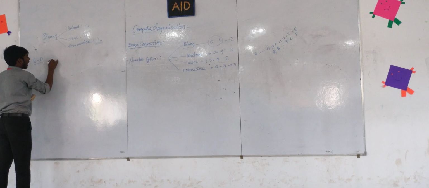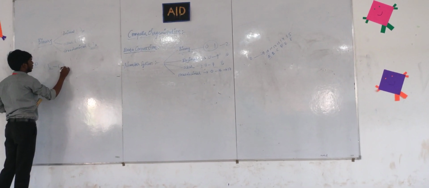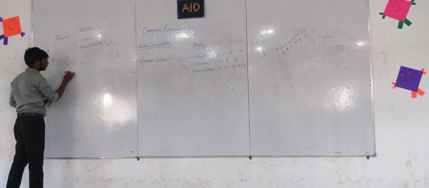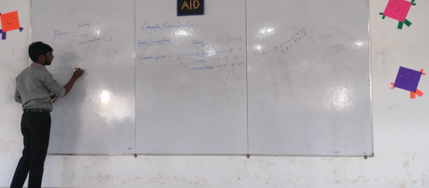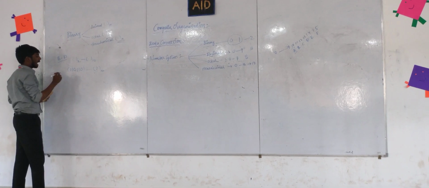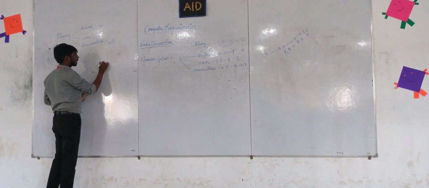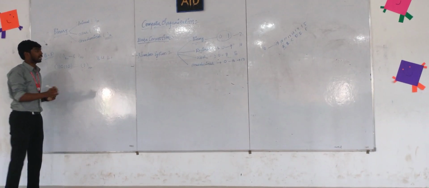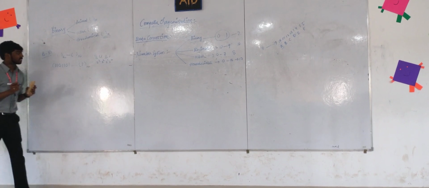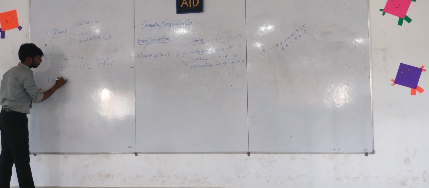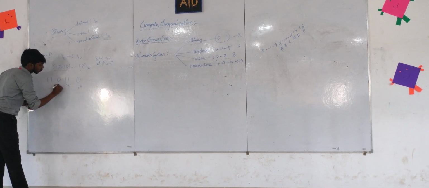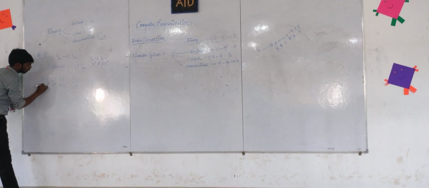In binary to decimal, I need to convert the binary into a decimal number. I have taken, for example, 110110 as the binary number, and I need to convert it into decimal. So how do we do this? We all know 8421. The inner process of 8421 is 2 power 0, 2 power 1, 2 power 2 and 2 cube. In the same way, you split the digits like this and start with 2 power 0, 2 power 1, 2 power 2, 2 cube, 2 power 4 and 2 power 5.